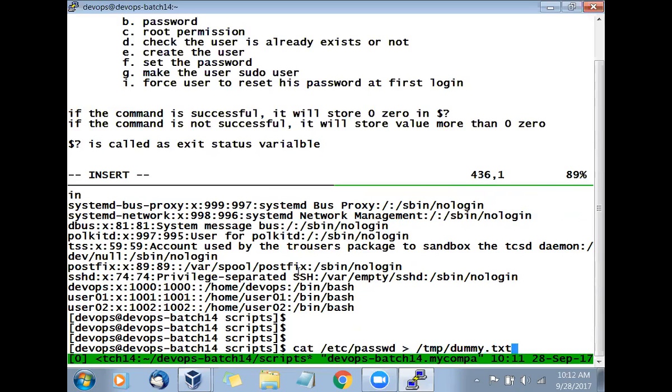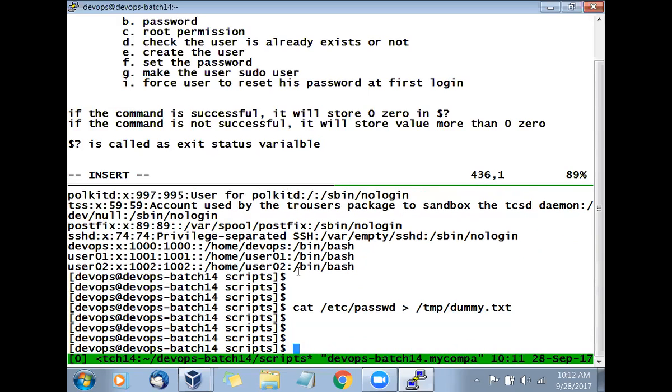In the dummy file. It will not show on the screen. You see that? You can use that redirection method. So that is called redirection.